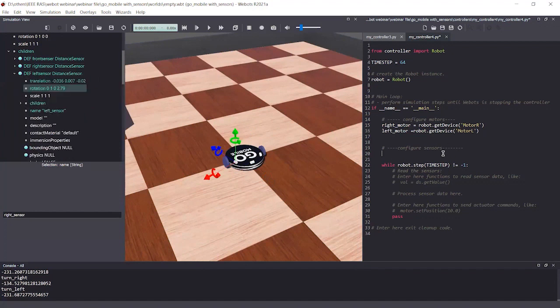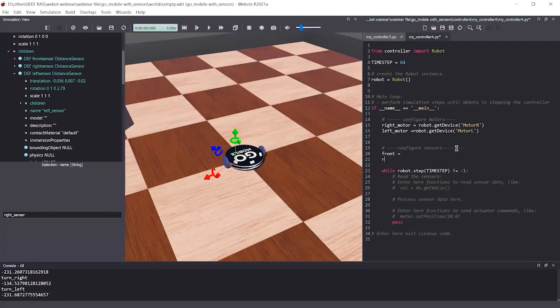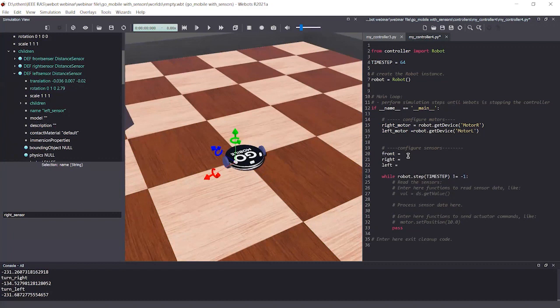So in order to get access to these sensors, I'm going to name these sensors as front, right, and left. Let's get access to our sensors. It's similar to the robot motor: robot getDevice.